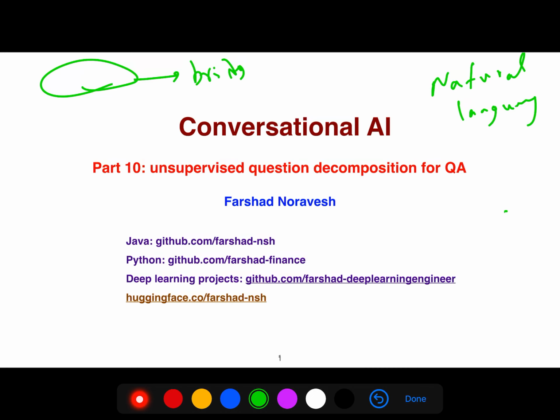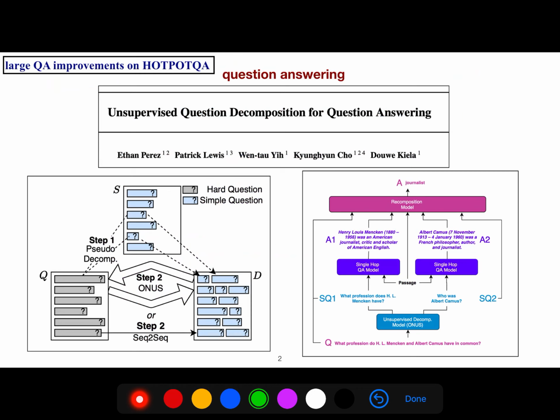But people at Facebook or big companies like Google and Microsoft, the three companies, they want something that is scalable. They don't want to get involved with something that needs a lot of cases and makes their code buggy. They want a simple solution, and they want to use their powerful GPUs, which is their advantage. So that's why they created this algorithm, unsupervised question decomposition.